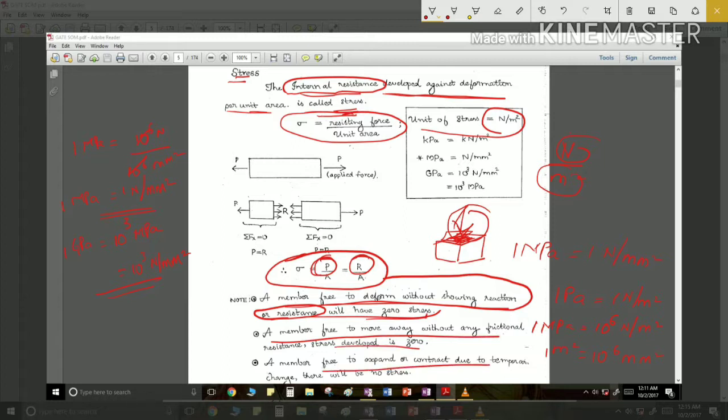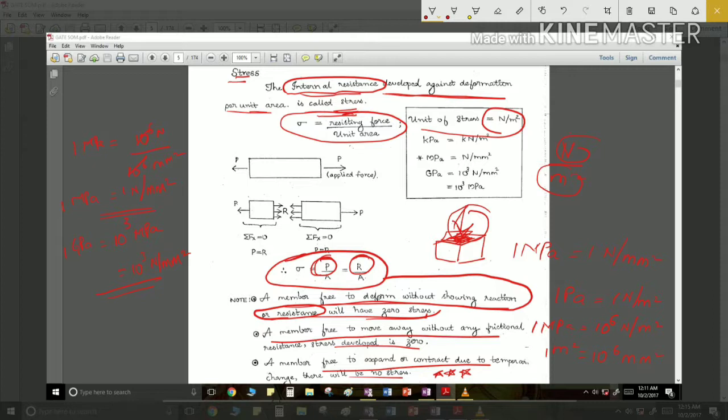Okay, so it is free to accept. A member free to move away without any frictional resistance, stress developed is zero. So similar meaning: a member free to expand or contract due to temperature, there will be no stress. Very commonly asked bit in state public service commissions, and even in the GATE examination